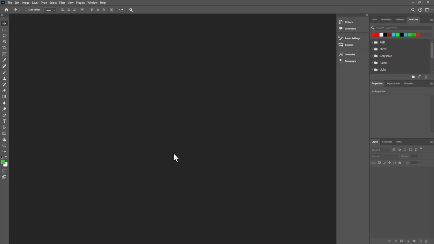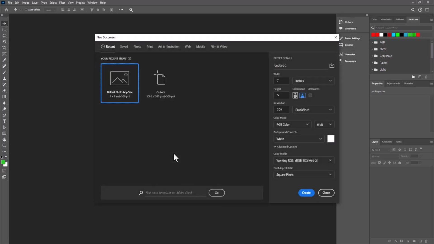So the first step you need to create a new background is to create a new document. To do that, simply hold down Ctrl plus the N key on your keyboard and this dialog box will appear. You can simply select a format you prefer, so you can just select this template over here, change it from